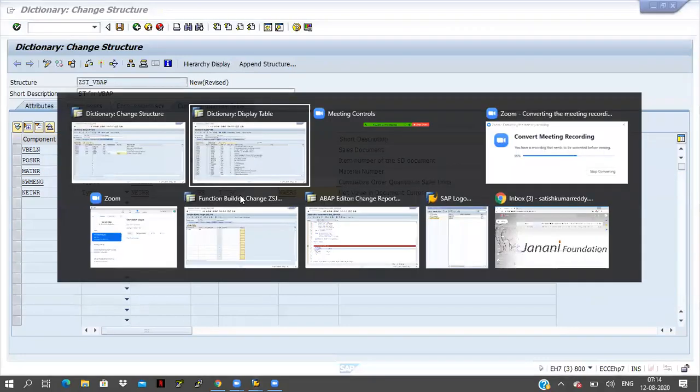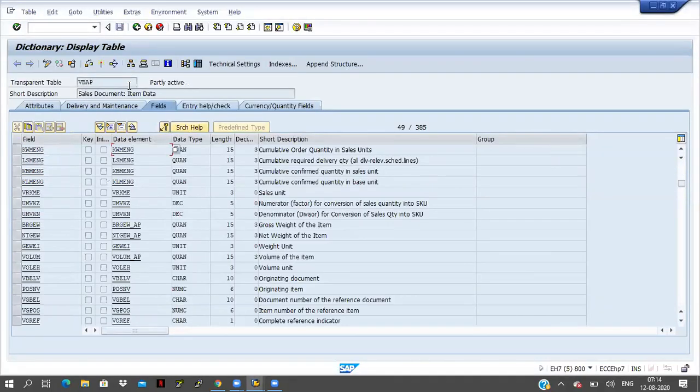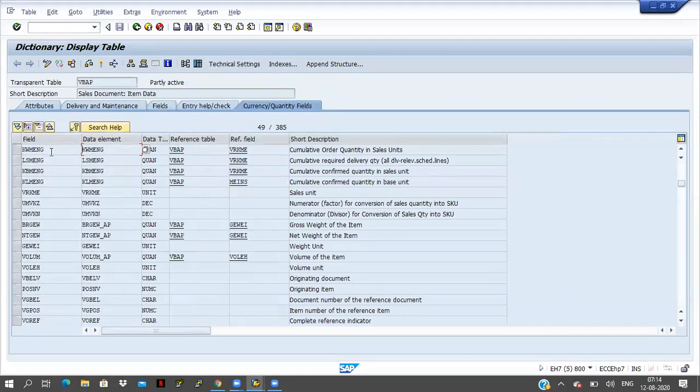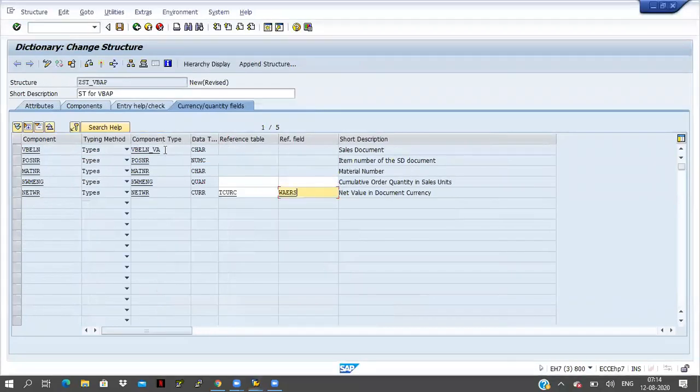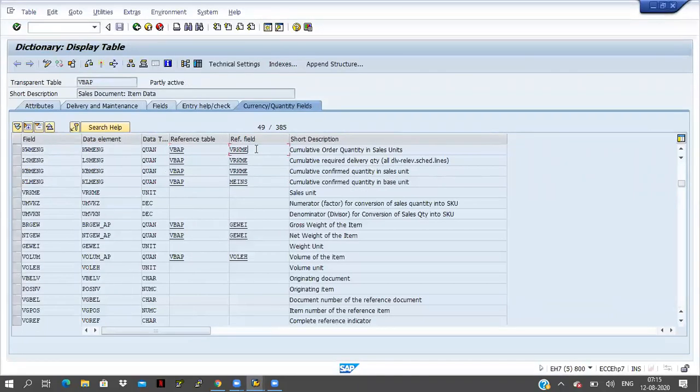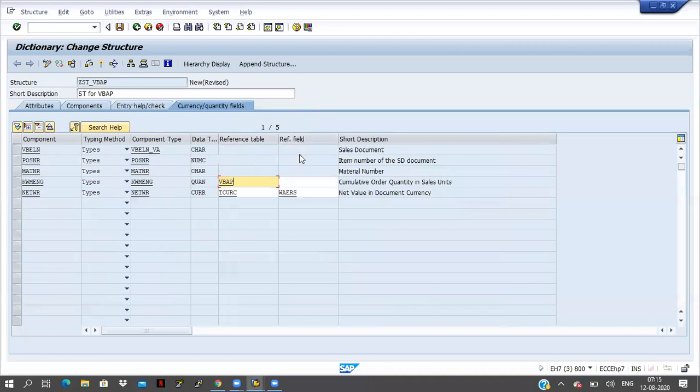Okay, so if you have any doubt, this is the VBAP table, right? Just go to the currency and quantity fields here. So what is the reference for KWMENG here? VBAP VRKME. You can take this one also, no problem. The table is VBAP and the field name is VRKME. Just copy that and place it here.